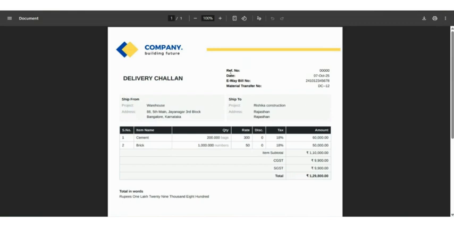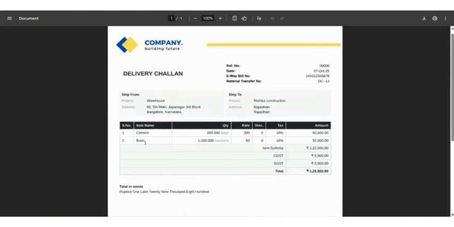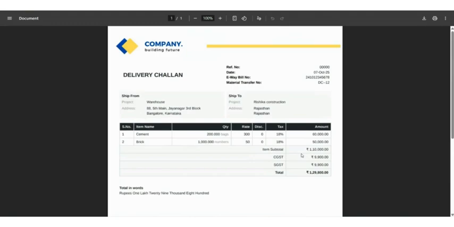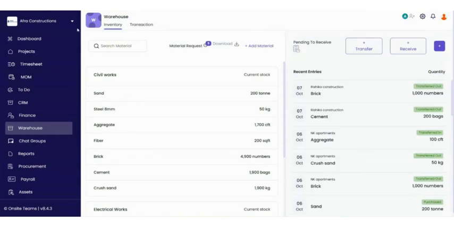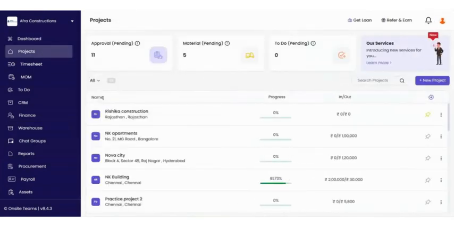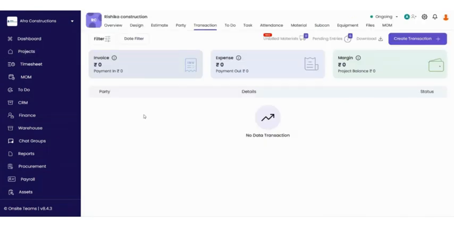Here you can see the reference number, date of issue, e-way bill number, and material transfer number is reflecting along with the items, quantity, and its rate. So let's go and check in the project. So we'll select the project. Once a transfer is made from the warehouse, the site team will receive it under the pending to